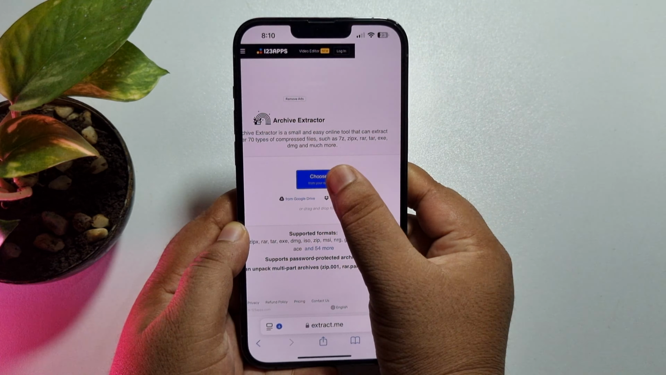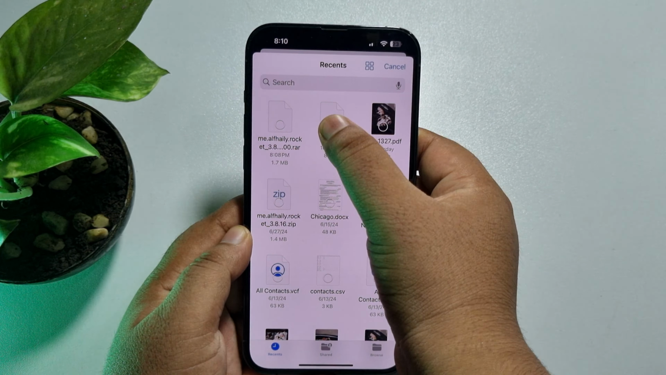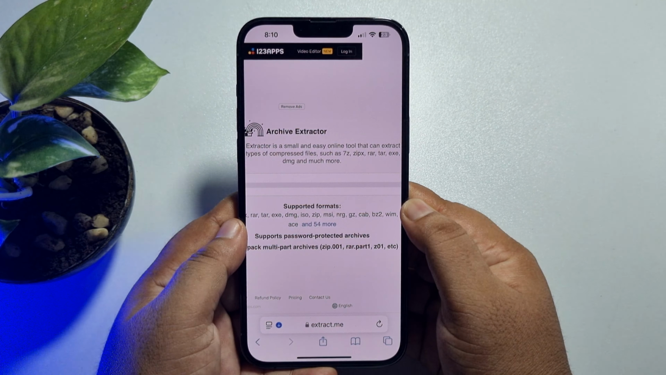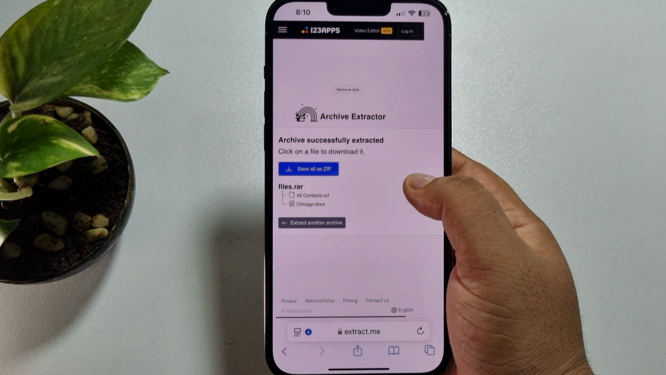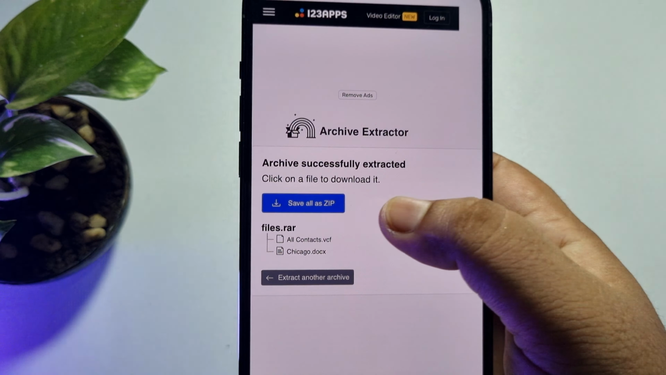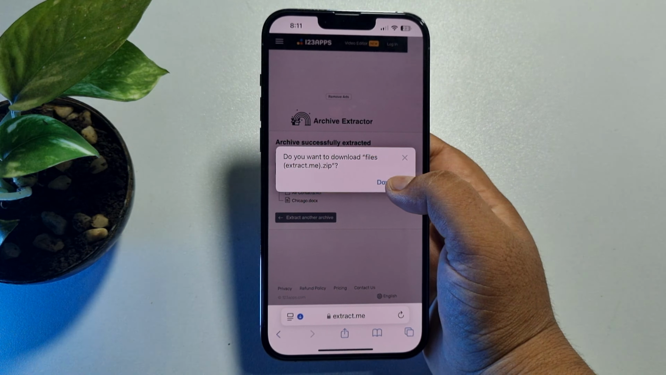So tap on choose file, choose files, and now go ahead and select your RAR file and just open the file in this website. And as you can see, the RAR file is extracting, and once done, now just tap on save all as zip, tap on download,